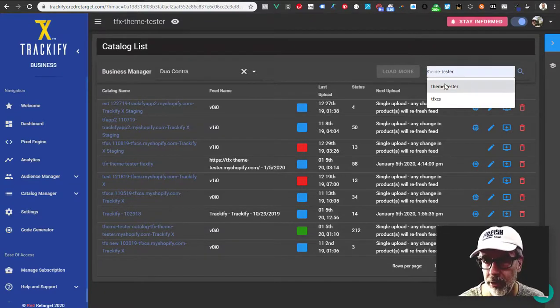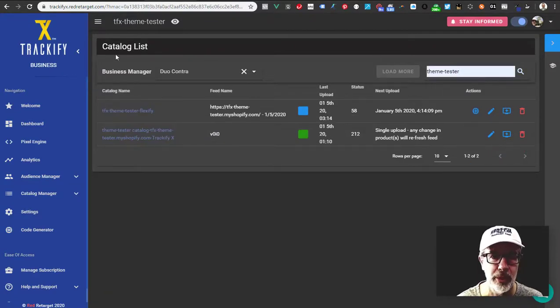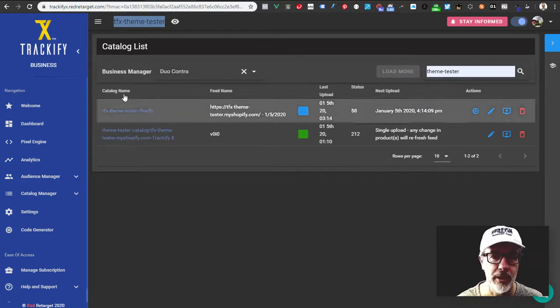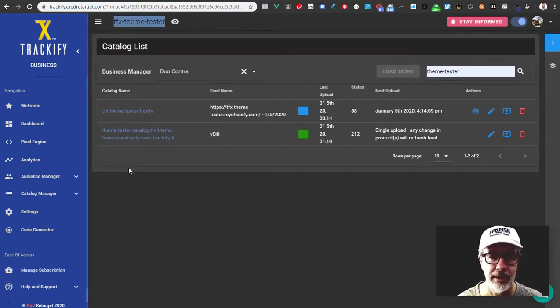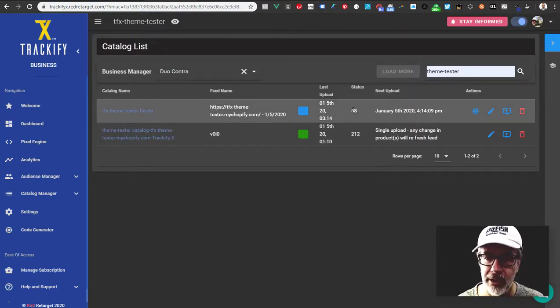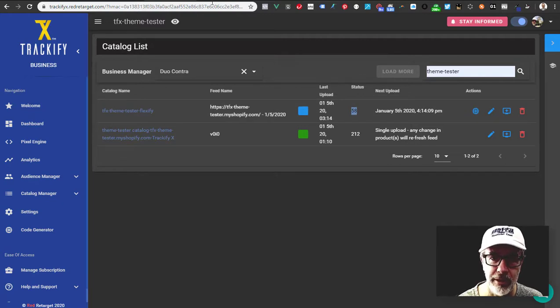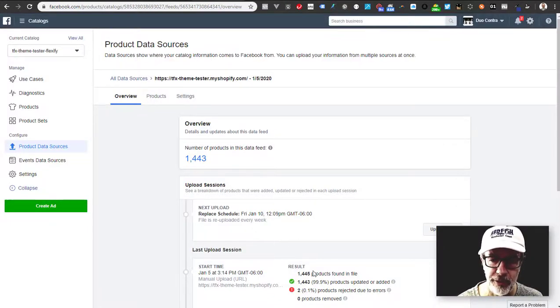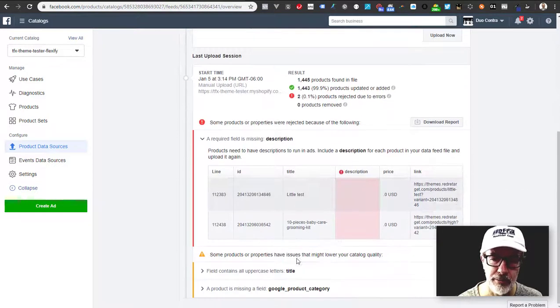I always try to filter this down to what matches this shop, and hopefully you've named your catalogs something that is significant and at least tells you the shop name, or whatever you need to put in here to filter it. Anyway, so you can see here now the status is updating slowly but surely. This catalog feed here from Flexify is getting dialed in and is updating in the products in Facebook. I want to show you one quick thing here